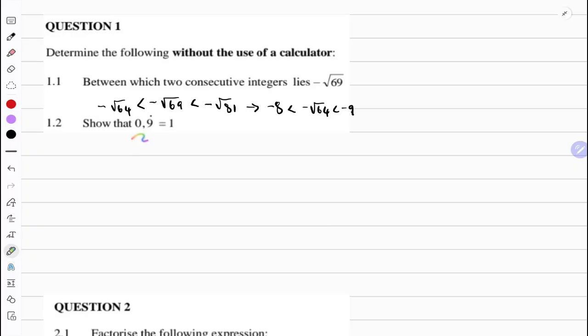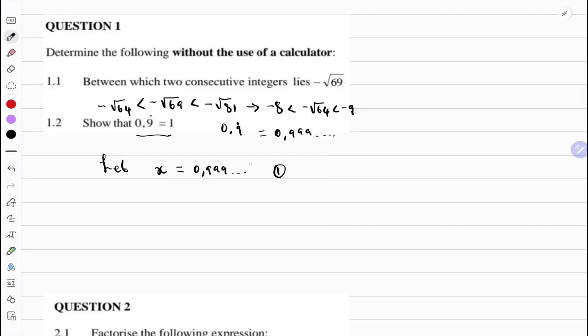So the next question says show that 0.9 recurring is equal to 1. So we know that 0.9 recurring is equal to 0.999 and so on. So we can set up a system of equations to show that these two are equal. Let x equal 0.999, continuing, call that equation 1, and we set up another equation, 10x is equal to